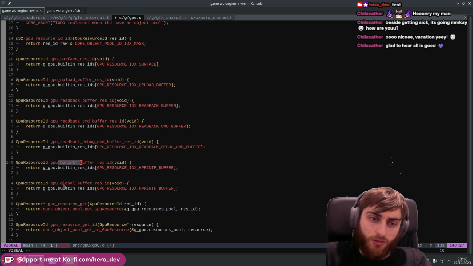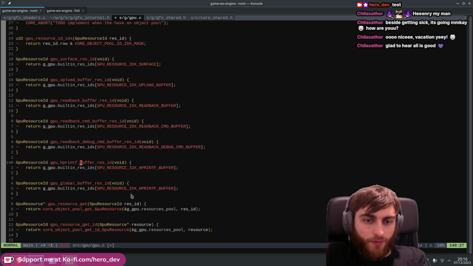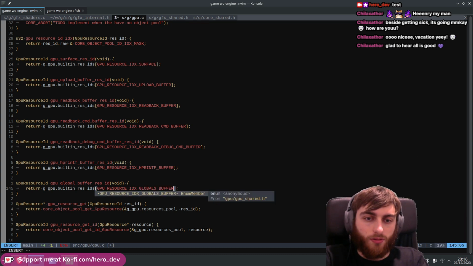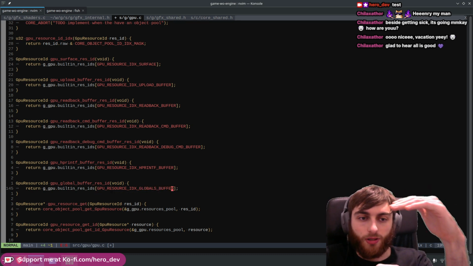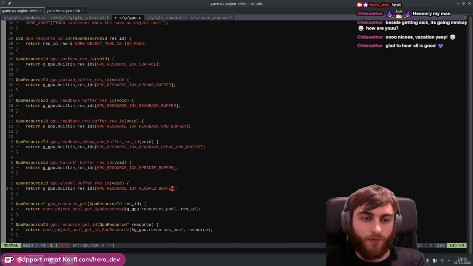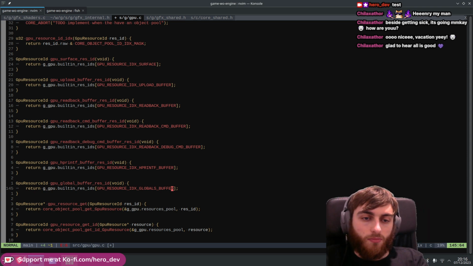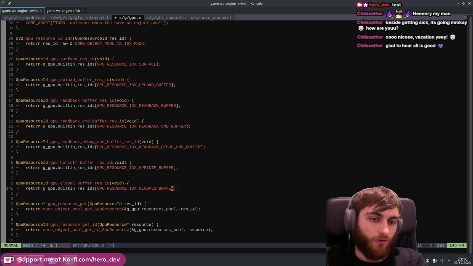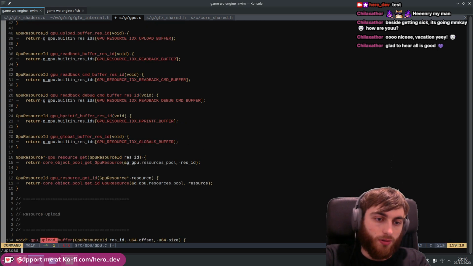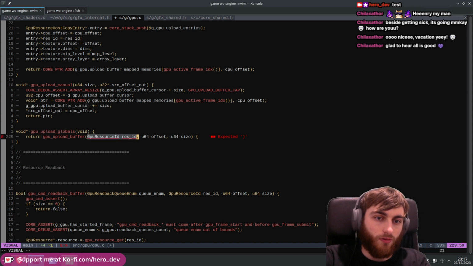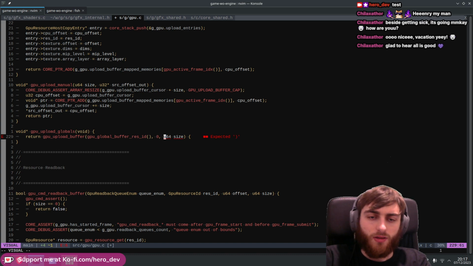So here's a new one, which is a global buffer where we can basically upload a massive structure filled with globals. Well, massive, depends how big it ends up being. But it's just a bunch of fields or arrays in there that any shader can access. So it's going to be super, super sweet. So when we do that upload globals, we can literally just pull that there like that. The offset is 0, and the size is